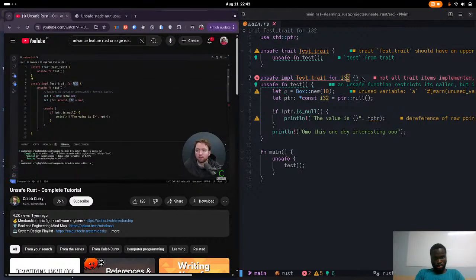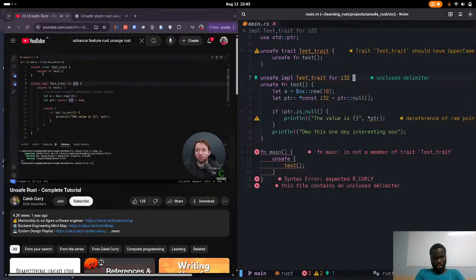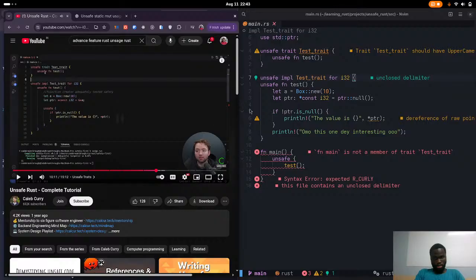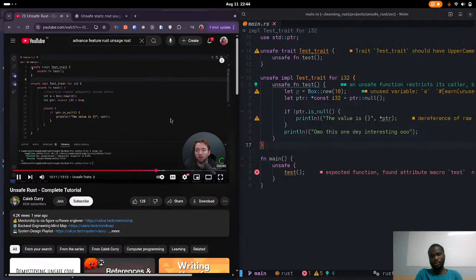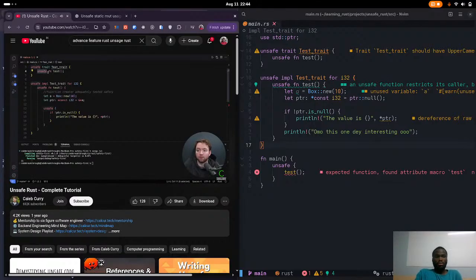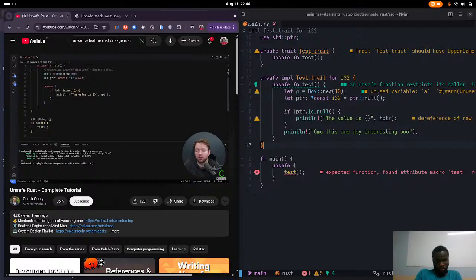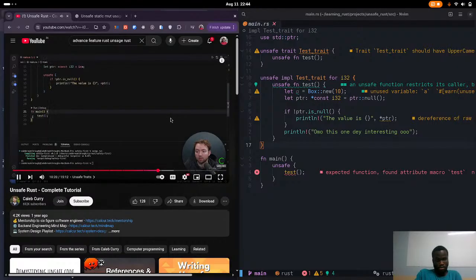So if we want to extend a type and we know that the extension is going to need to be unsafe, we will define it as a trait, labeling the trait as unsafe, and then any functions that are unsafe, label those as unsafe. And then when you invoke this, you would say something like,